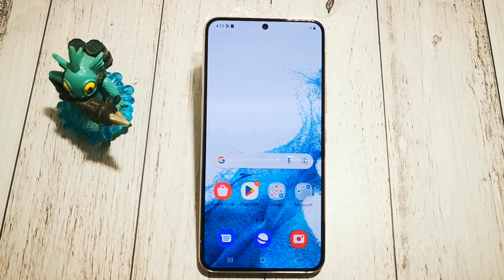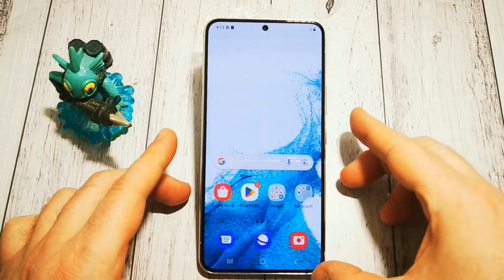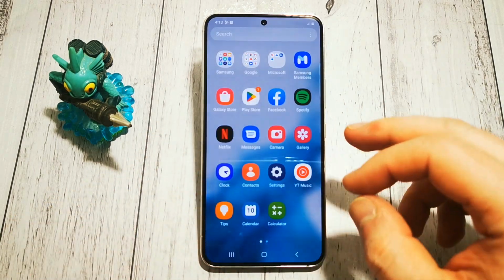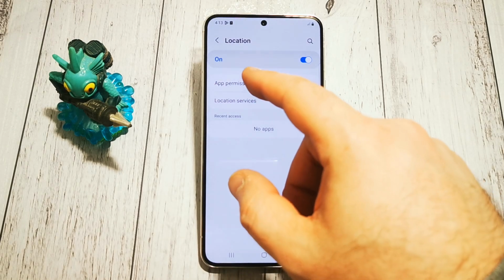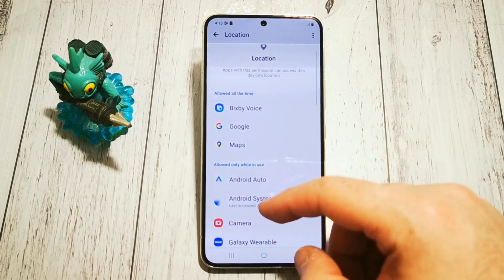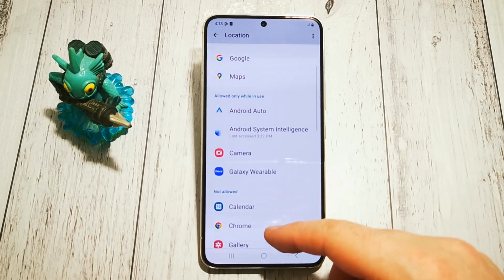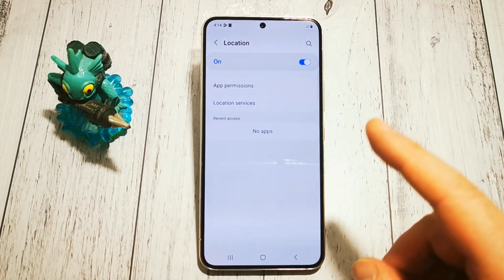Today I will show you where to find the option and how to turn off applications permissions to use our localization. So we need to go to settings, then location, and here we have apps permissions. By default there are some that have access to our location and we can add more or remove some, but